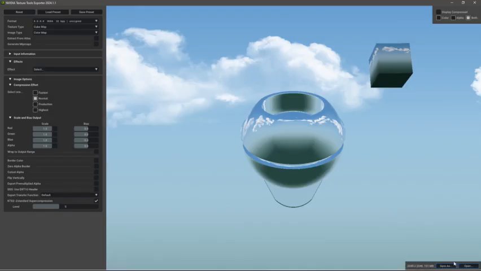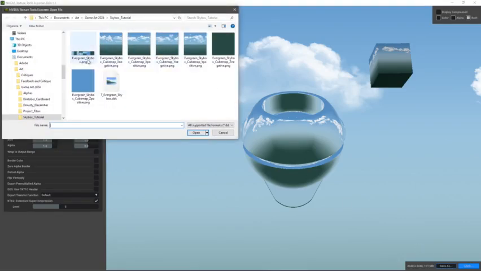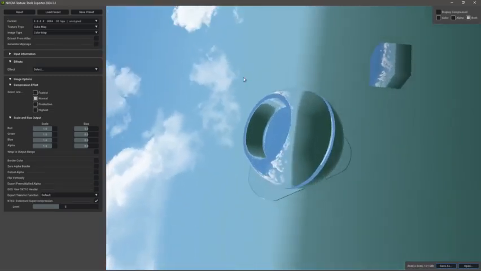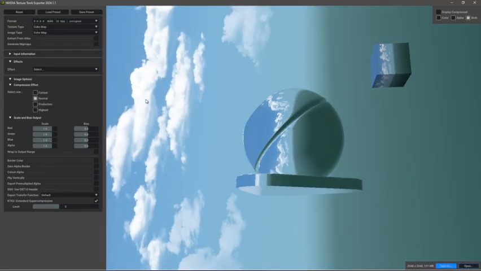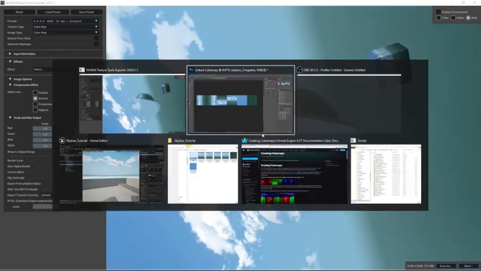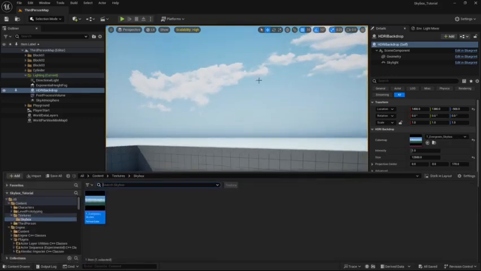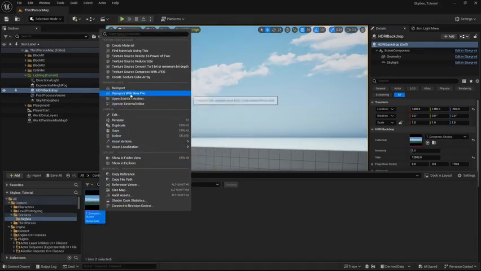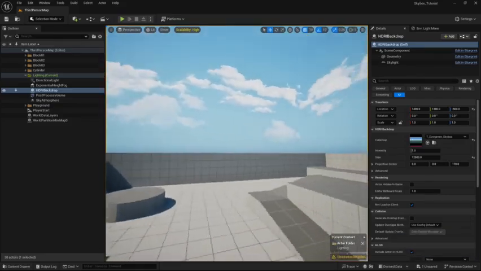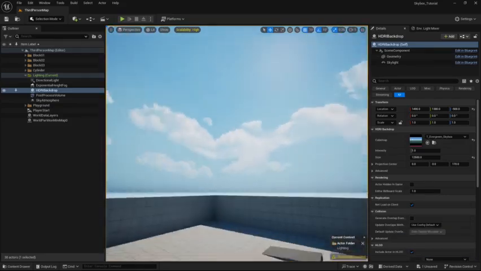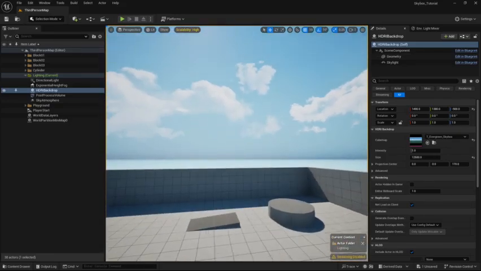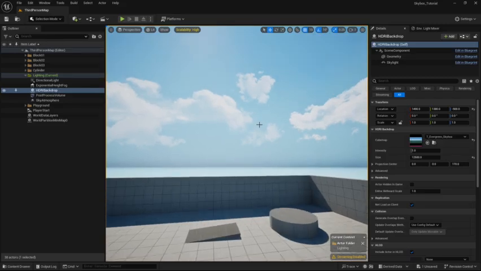So I can export this again. Now back in Texture Tools Exporter, if I hit open here and reopen the skybox, as you can see, the image has been updated. We can save it as, well, we can overwrite the DDS file we created earlier. And then what this allows us to do is go into Unreal Engine, and when we re-import this, it'll have our updated cube map. And you can keep doing this, iterating and testing in Engine,